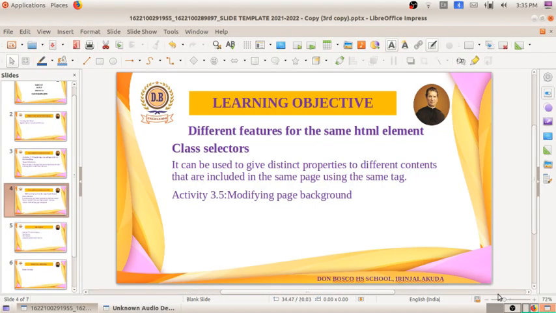The next thing we have to do is, if we want to give a background color to the page, it is also possible by using the cascading style sheet. For giving the background color, you all will be knowing how we can give the background color. What was the HTML code for giving the background color? Did you know that? It is written in the textbook.